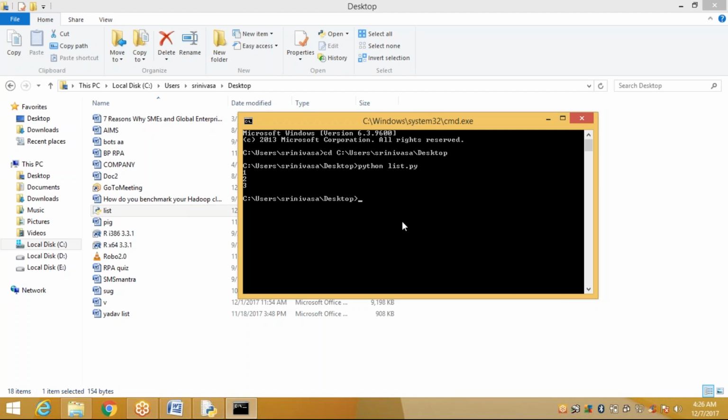Copy the program in your notepad and save it with the .py extension, with whatever file name you want, like list. Save it. After that, when you want to execute it, you can compare the paths.